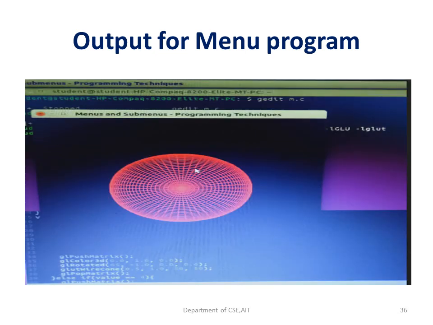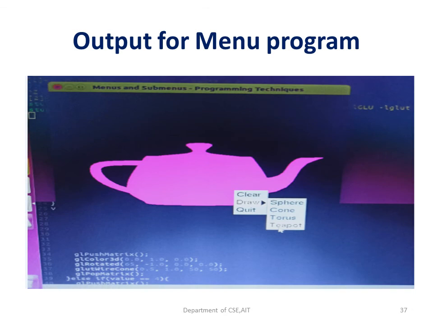When the choice is 2, I get the sphere. The sphere has 3 things: radius, slices and stacks. So you can see here the horizontal direction cuts and the vertical direction cuts, that is the slices and the stacks. And then the radius is also given here. Here the choice is 2. So this is another stage of the output.